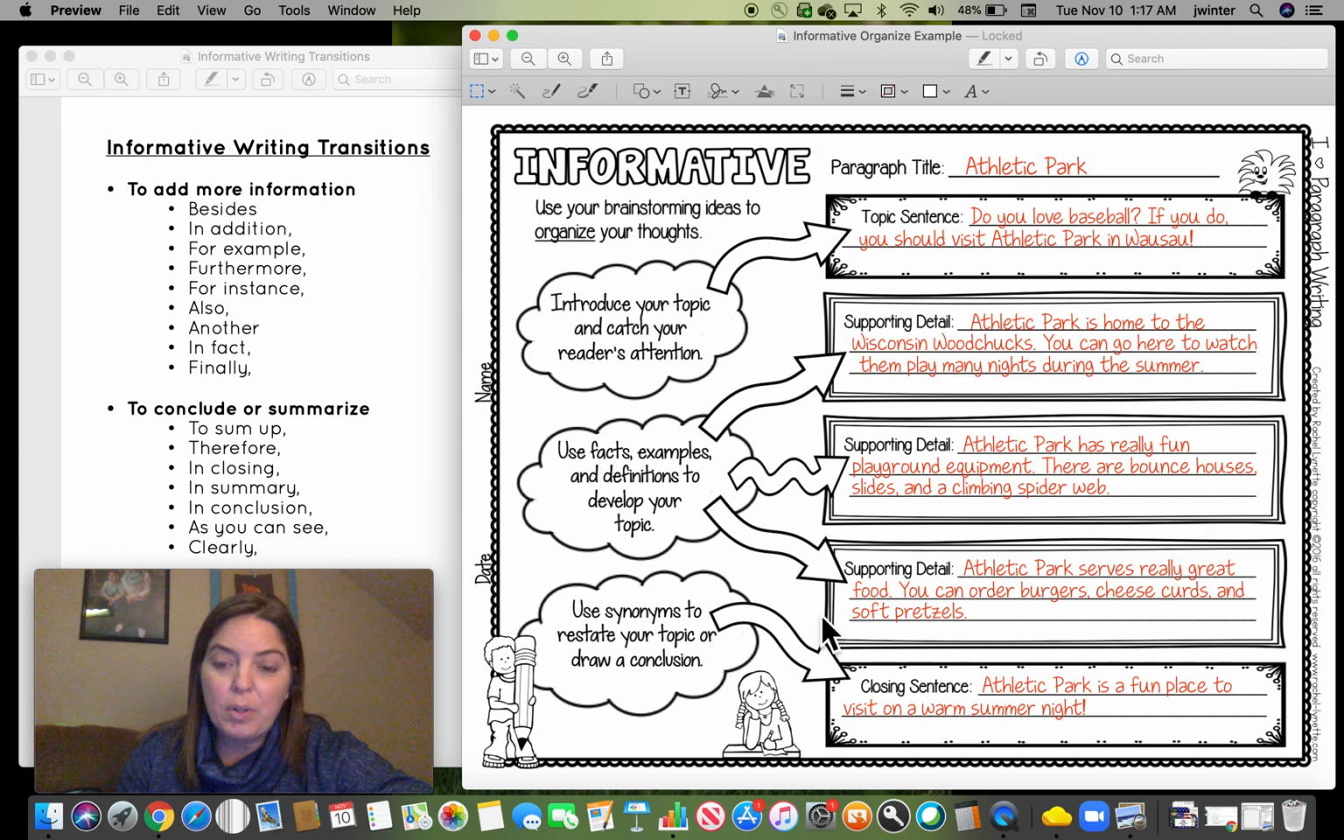And my final supporting detail is Athletic Park serves really great food. You can order burgers, cheese curds, and soft pretzels. So again, both of these supporting detail boxes have more than one sentence. So my entire paragraph is going to end up being more than 5 sentences just because of the number of details I added. And you can always do that as well in your paragraph. My closing sentence to wrap it up says, Athletic Park is a fun place to visit on a warm summer